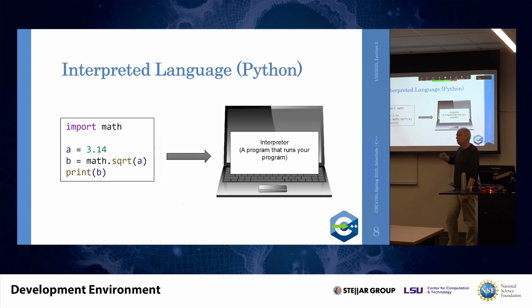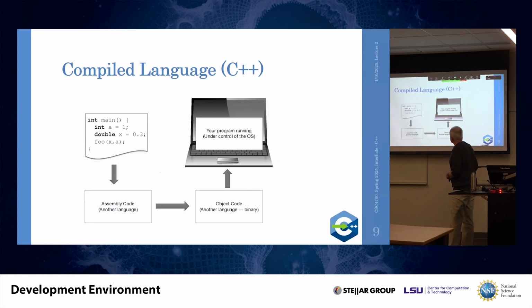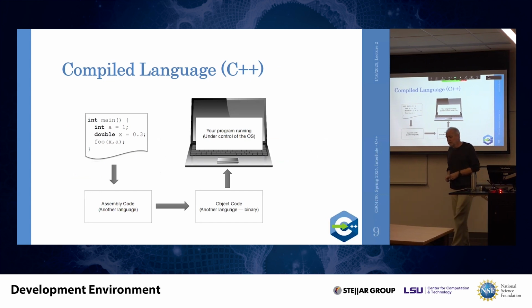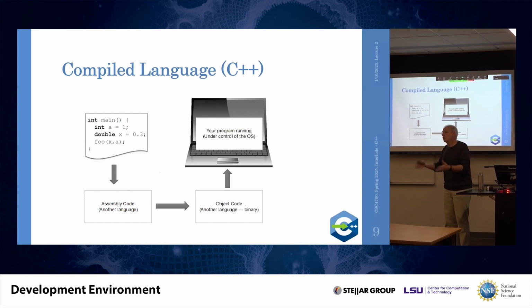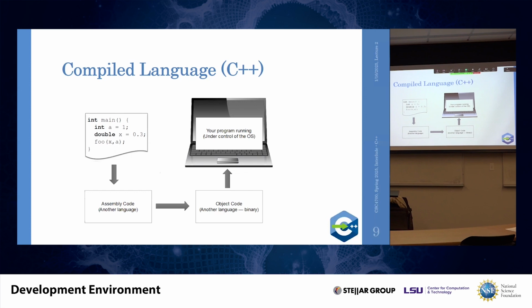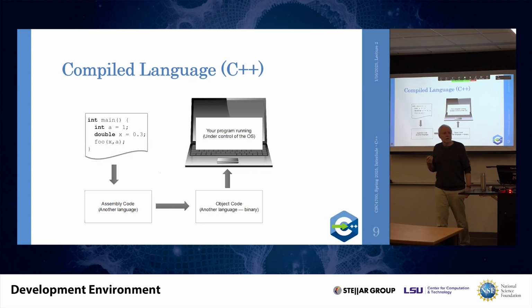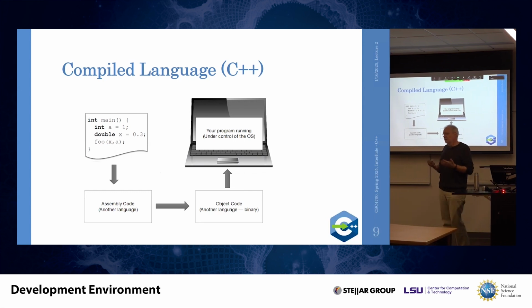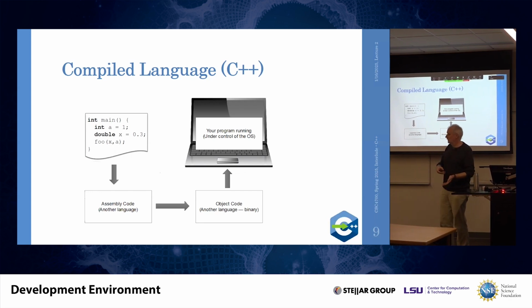You have a very interactive, very rapid development environment where you can just try out things and get a response right away. When you have a compiled language like C++ or C, this is a bit more complicated. You have to jump through more hoops before you can actually run the code, before something happens. So if you take your program, you have to first turn that into some representation the computer can understand, which is some binary code, which is just a bit pattern, a bunch of bits. And those bits are generated in a way so that the hardware, when it sees those bits, can do what you actually wanted it to do.